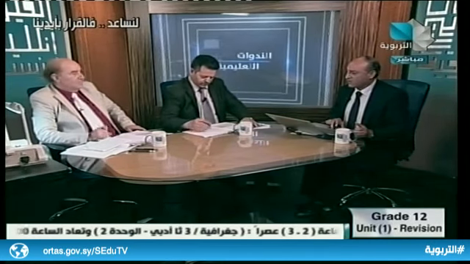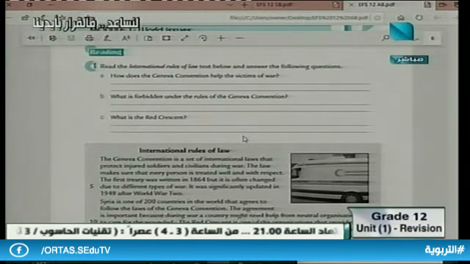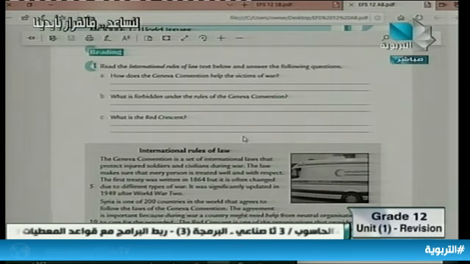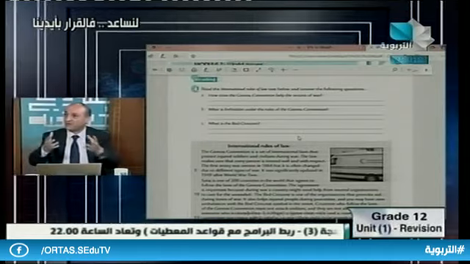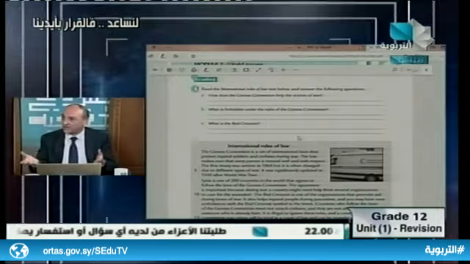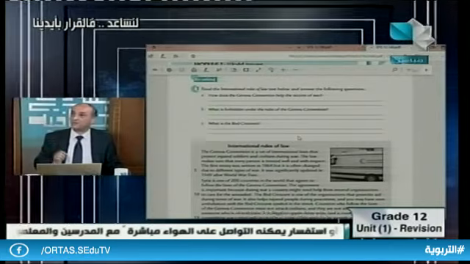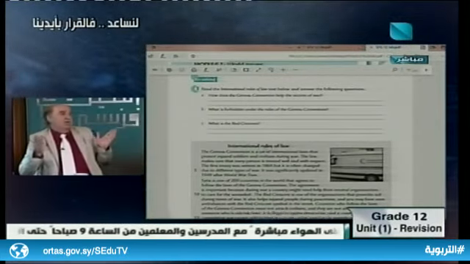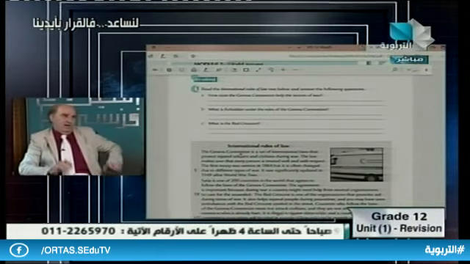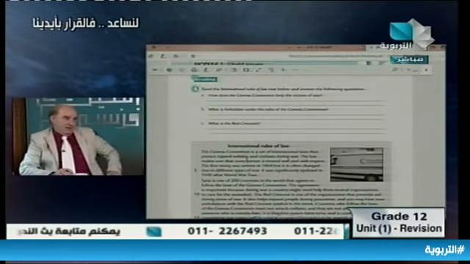So here we were talking about the Geneva Convention. When we say what is the Geneva Convention, is it a difficult question? No. What is Geneva? Definition. Mr. Mazen has just answered me. He said it is a set of rules that protect injured soldiers and civilians. What do we mean by the word civilians? Civilians are all people who are not soldiers. Not in the army. They are ordinary people, people of society who are not in the army.